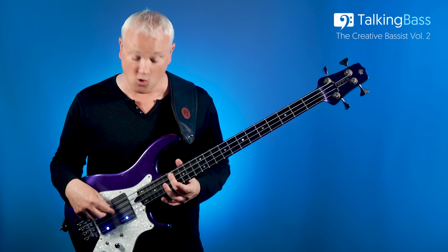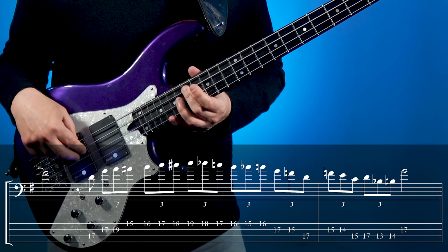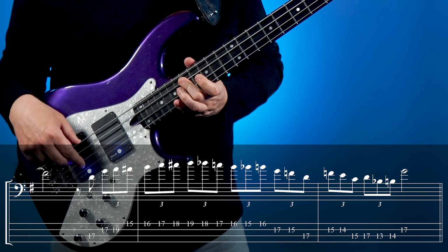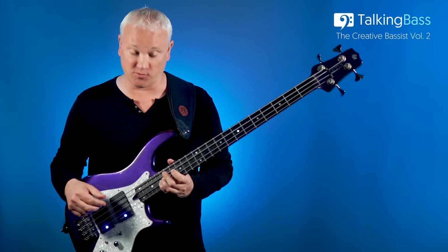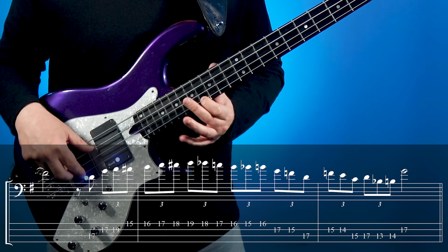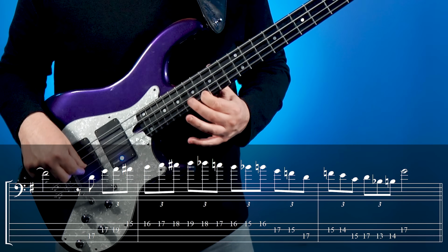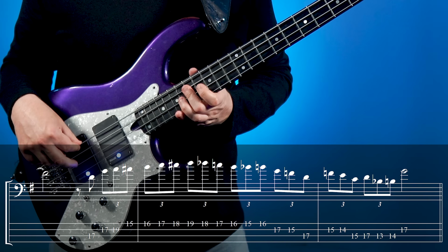So this is still using all the same resources for that G7. We've got the chord tones, we've got the mixolydian, and we've got some chromatic notes. So we start on that 5th, we work up. So we've got G and then the B, so we're working up through that G mixolydian. Then we've got the minor to major third, that little move there. But then we continue up, so